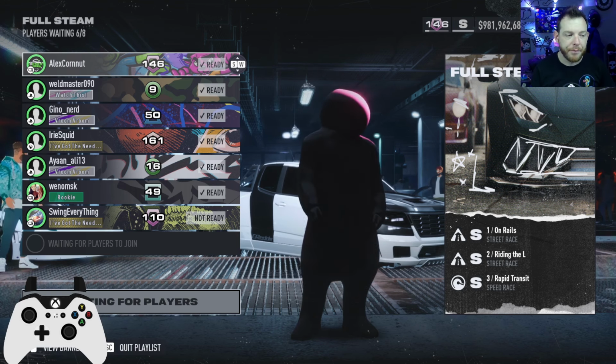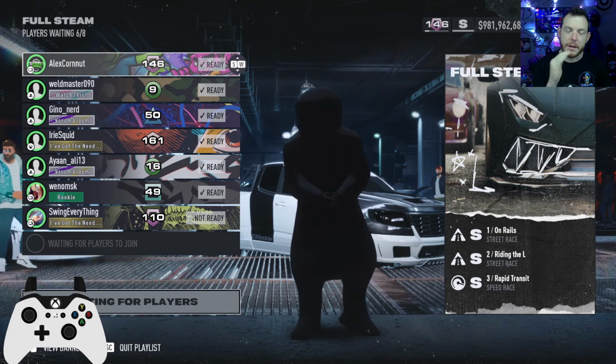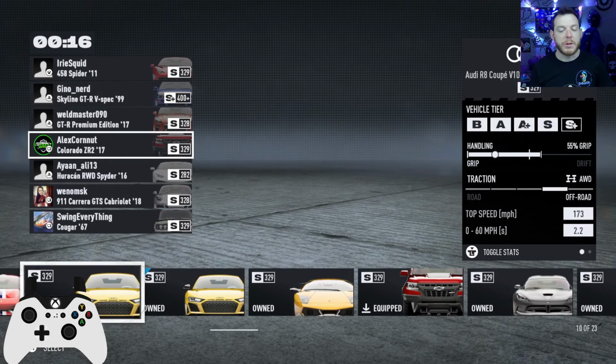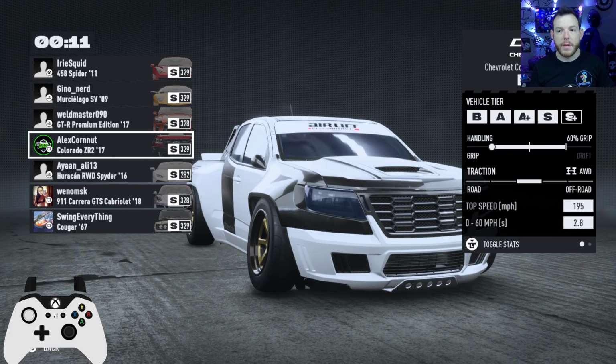I had already built it. I didn't do my normal testing. I just took it out into PvP. And I built it with the W16, and it was dog slow in S. So now I've built it with the 12 cylinder. It's got a little less punch in the torque side of things, but I have a feeling it's going to be faster. If we win this,